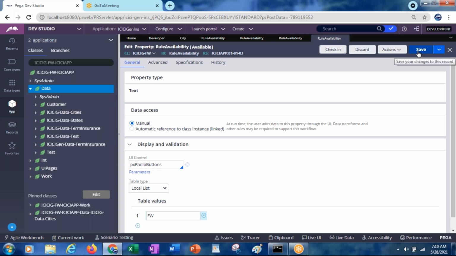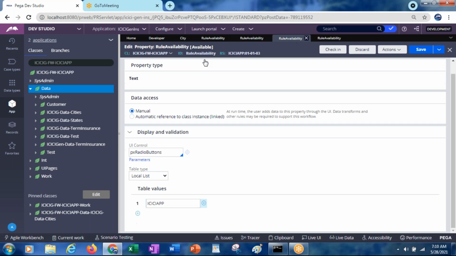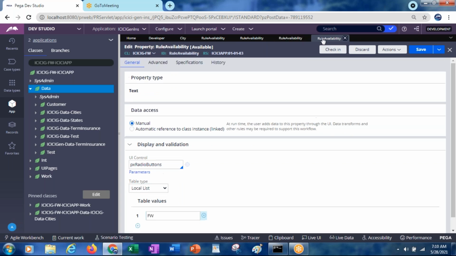Okay, 4 properties. The first one is under the work class, under 010103. The second one is under the work class only, but 010102. Next one under the division layer, and the other one is under the framework layer. Okay, now let me create.